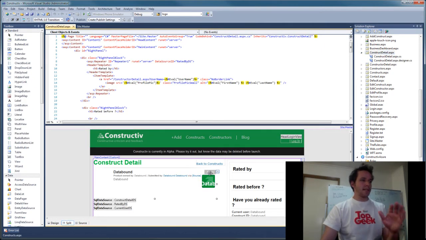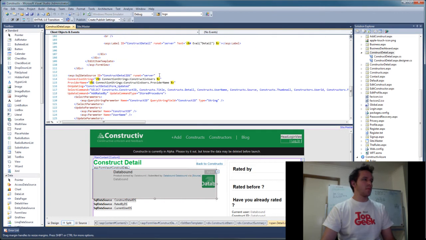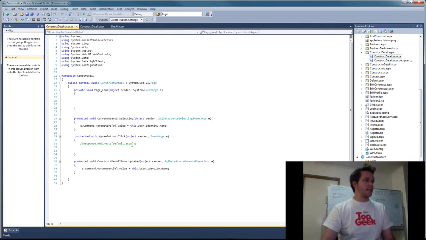Essentially the issue is this agree button here. You need to be logged in, so there's a logged in template. If they're not logged in, then they see the disabled button, which doesn't have the on-click command that fires the code behind. That's just testing, commented out at the moment, but essentially I want to put in some onload commands